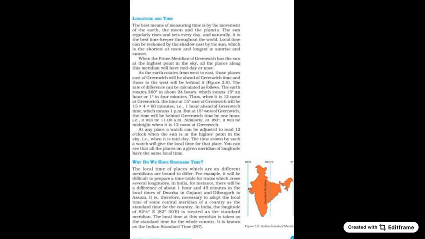Why do we have standard time? The local times of places which are on different meridians are bound to differ. For example, it will be difficult to prepare a timetable for trains which cross several longitudes in India. For instance, there will be a difference of about 1 hour and 45 minutes in the local times of Dwarka in Gujarat and Dibrugarh in Assam. It is therefore necessary to adopt the local time of some central meridian of the country as the standard time for the country. In India,